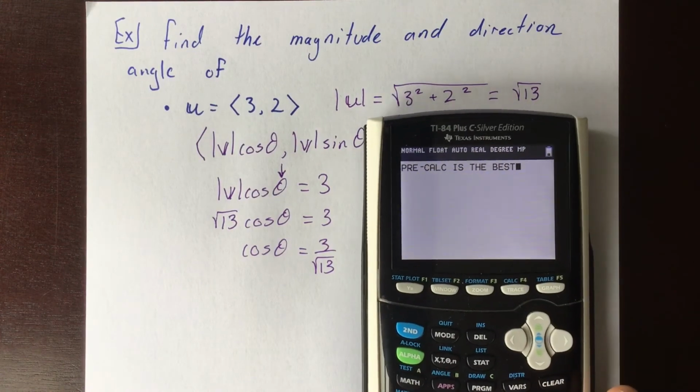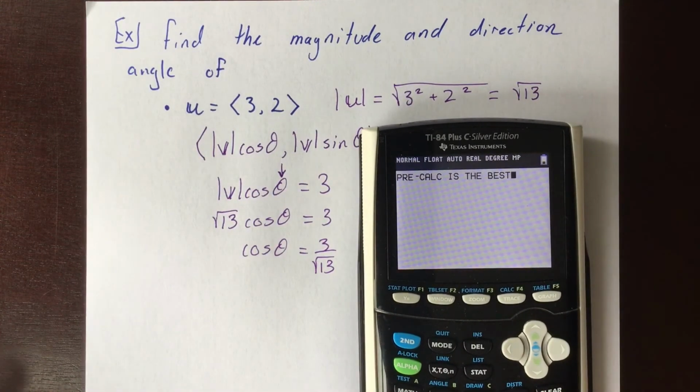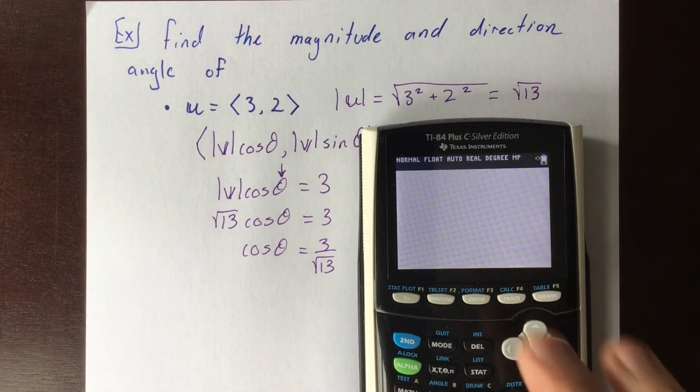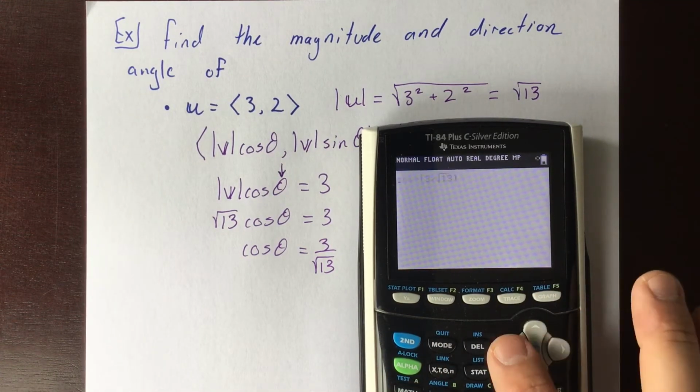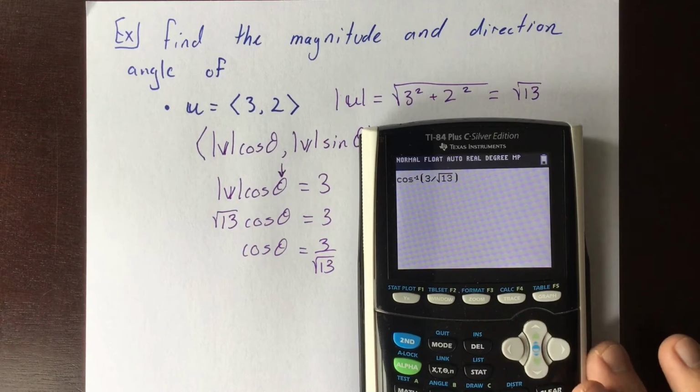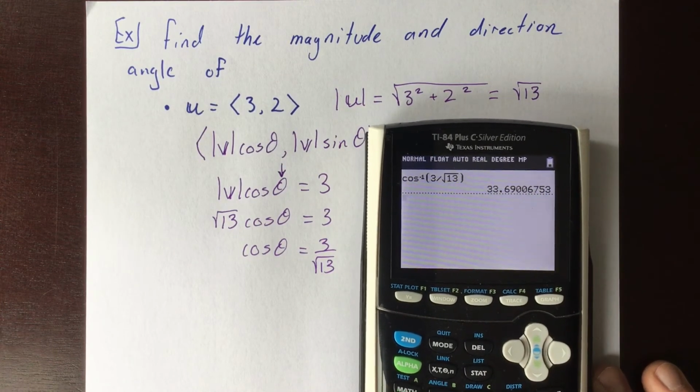Pre-calc is the best, I know. So inverse cosine, or arc cosine of 3 divided by root 13. And we're going to get an error there. There we go. We get approximately